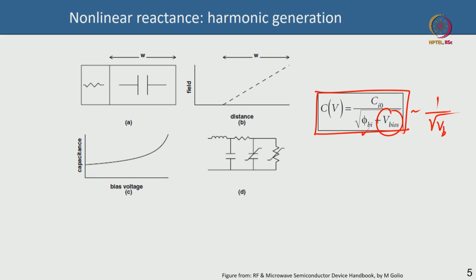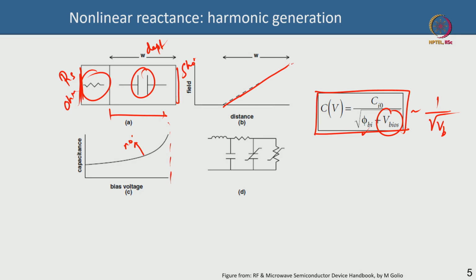So essentially your capacitance is varying loosely as 1 by square root of the applied voltage, which is this. Okay. This is your nonlinear part. This is your series resistance, this is your ohmic contact, this is your Schottky contact. So this is your capacitance and this is your depletion, correct. All this makes sense. And so your electric field in the depletion region will vary linearly, and this is how you represent it. There is a varying series resistance and then there is a varying capacitance,